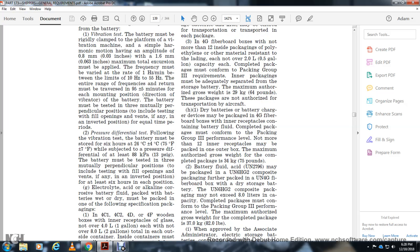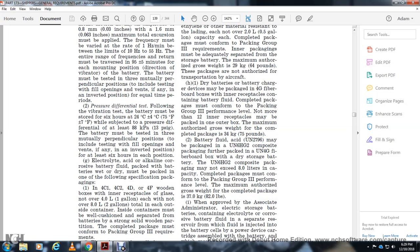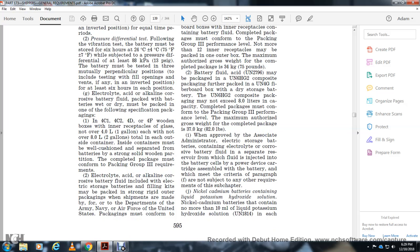Electrolyte and alkaline corrosive batteries, wet or dry, must be packed in one of the following specification packages: 4C1, 4C2, 4D, 4F wooden boxes for the inner receptacle, with glass of 4 gallons and 1 gallon, or 4 liters, 1 gallon each, with 8 gallons or 2 liters total in each of the outside containers. Inside containers must be cushioned and separated from the batteries by strong solid wooden parts. Completed packages must conform with the packing group 3 requirements for electrolyte acid alkaline